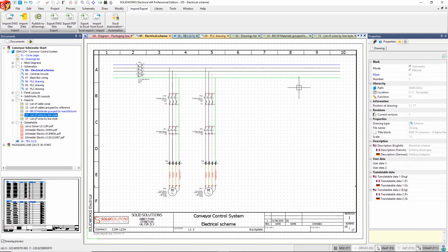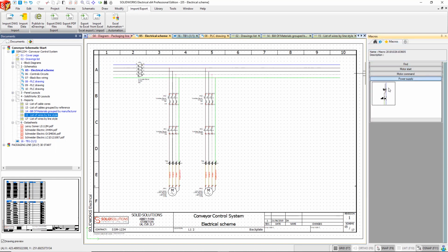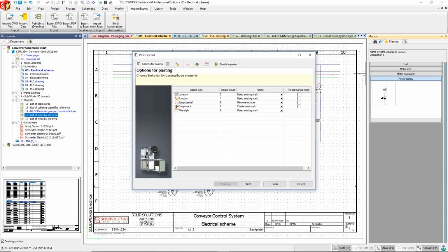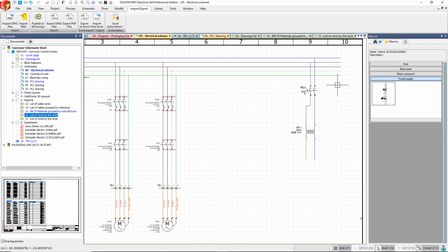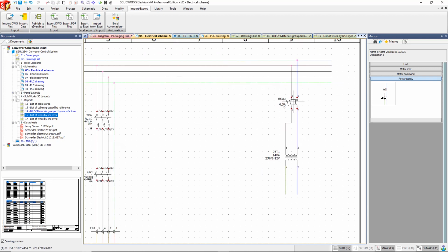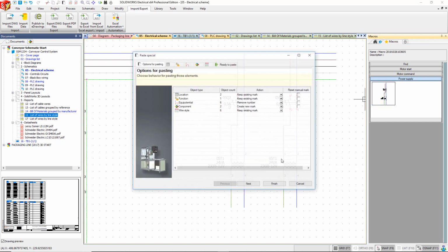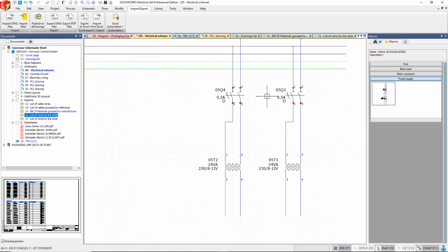Going back to my schematic, I can also make use of other macros. So a macro could also be part of a circuit, not just a component on its own. So this is great if you have any bits of standard circuitry within your designs. You just draw it once, save it into a library palette, and drag and drop to reuse it. And it will always be the correct marks included. The macros are clever enough to realize what's already in the project, what's being used, so you always get unique marks within your design.